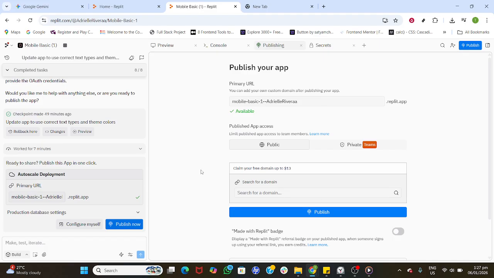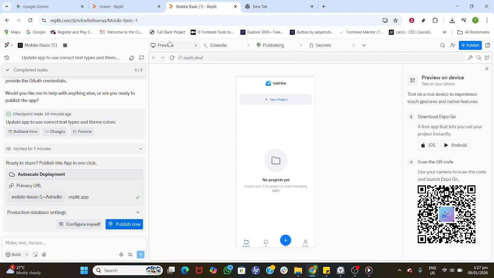Click the banner or button that says you can publish the app in one click. Follow the highlighted steps, and then choose Publish. Replit will package your running server so others can access it from a shareable URL. That's it. By ensuring a simple server